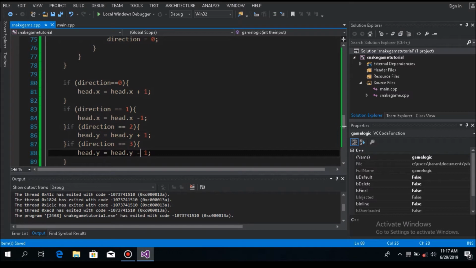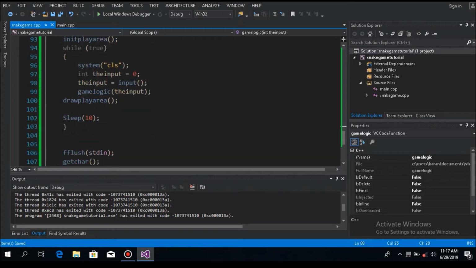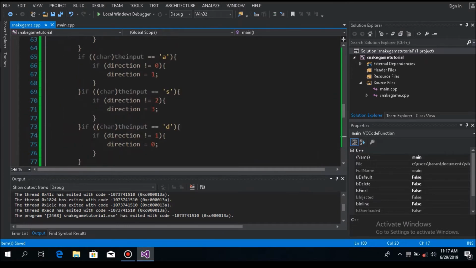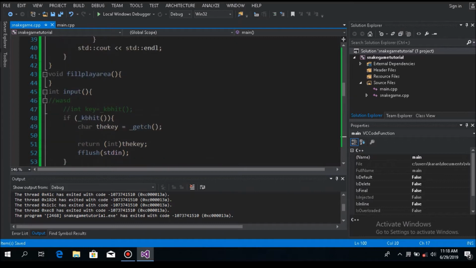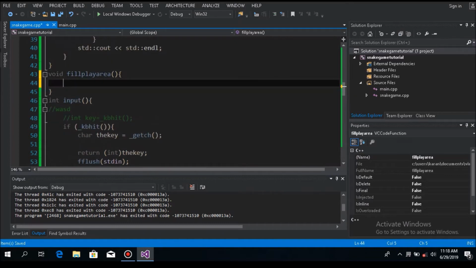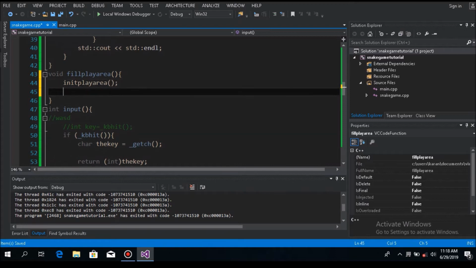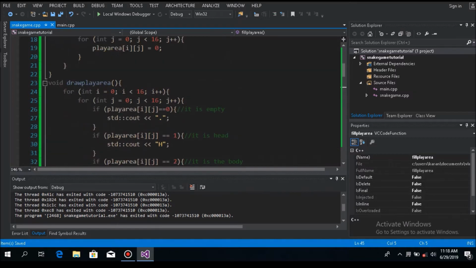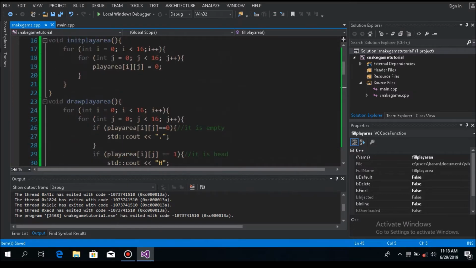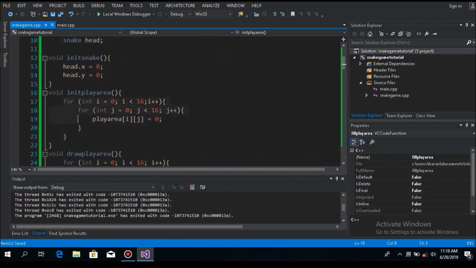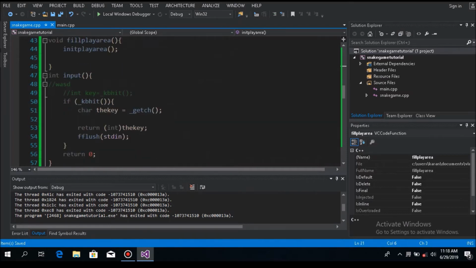Okay, now if we do the game logic, where are you? Yeah, game logic is here. We draw the play area, and oh yeah, fill. We need to fill the thing. So when we do this, we do init play area to make it all 0, and then we can fill it. Now to fill it, we can just do the same thing as init, but we can